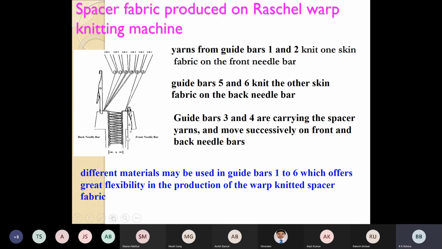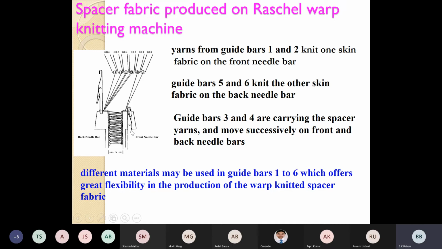Very simple principle, but you have to understand what a bar is. This is not the course where I will explain; you are supposed to understand what a 4-bar machine and a 6-bar machine are. Normally these Russell warp knitted structures are produced on a 6-bar machine, and as I said, bar number 1 and 2 make the top skin, bar number 5 and 6 make the bottom skin, and bar number 3 and 4 make the connection between top and bottom, creating hollow space, and these are called pile threads.